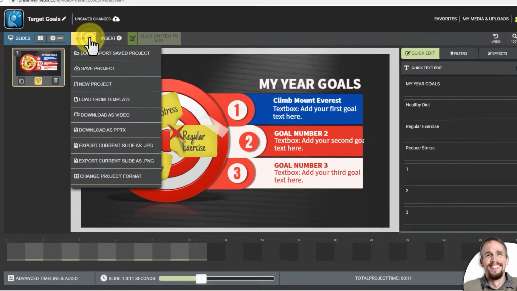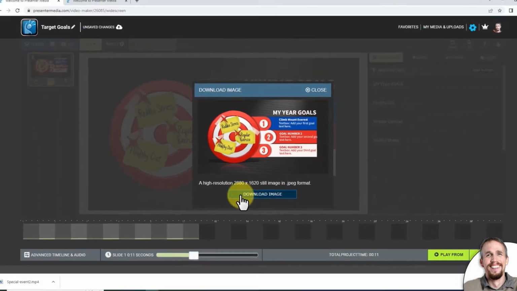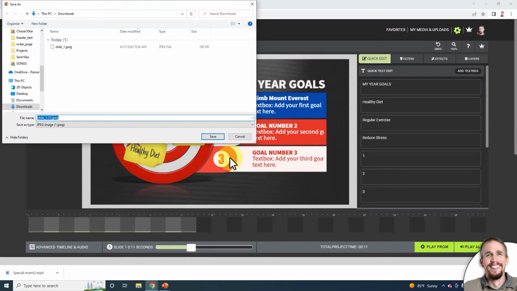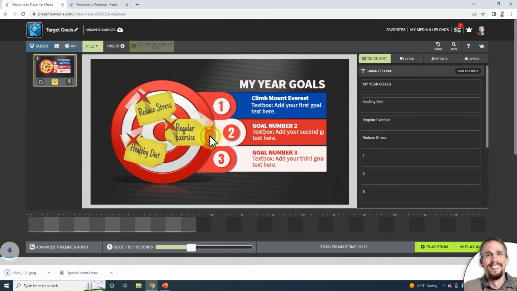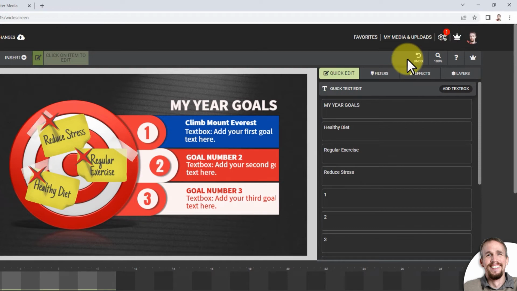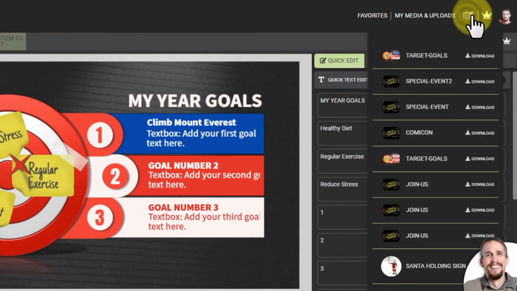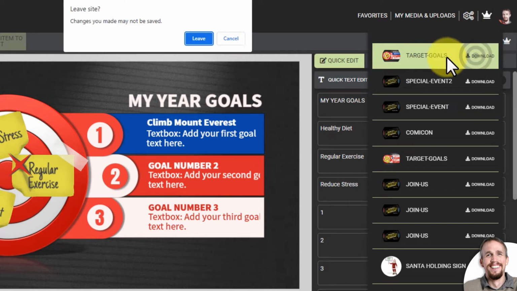I'm going to go to File and go down and download this as a static JPEG image as well. So export current and say download image. Say save to my computer. Looks good. And looks like it's done processing the video. So up here, I'm just going to download it from the gears. If I click the gears and click download,